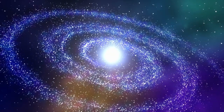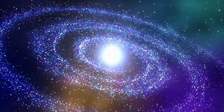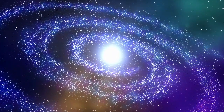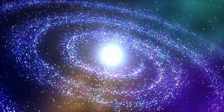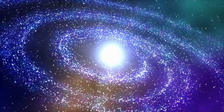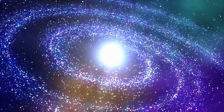Today, we're diving into one of the most fascinating topics in astrobiology, the possibility of alien life on Jupiter's icy moon, Europa. Recent scientific advancements suggest that if there is life beyond Earth, Europa's hidden ocean might be where we find it. So strap in as we explore the depths of this icy world and the secrets it may hold